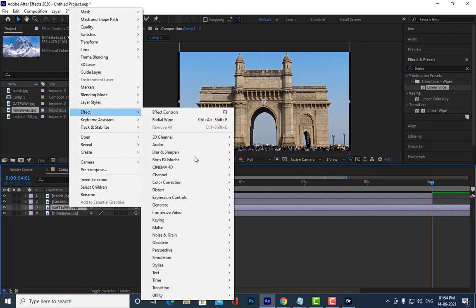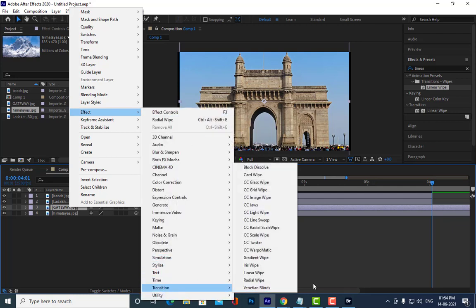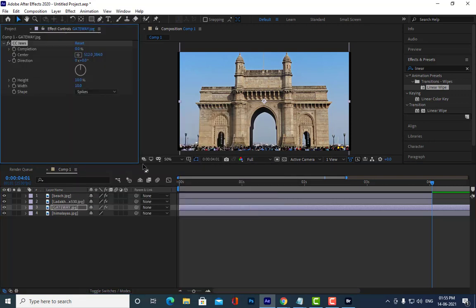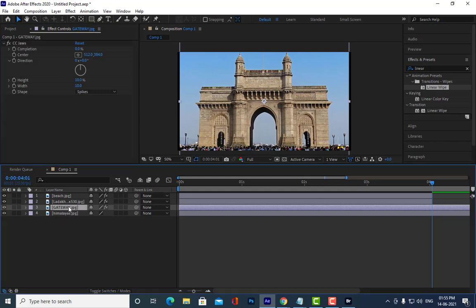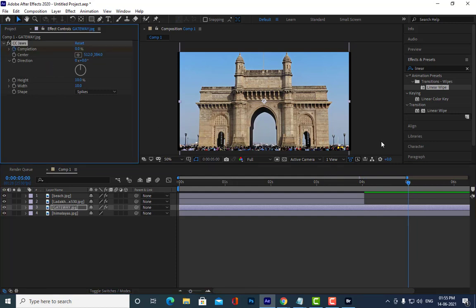What is this? Transition. Okay, transition, and we will apply this jaws. It will be nice. So for this one, let me start the animation from where? From the 5th second, then the stopwatch, and then what will we do now?